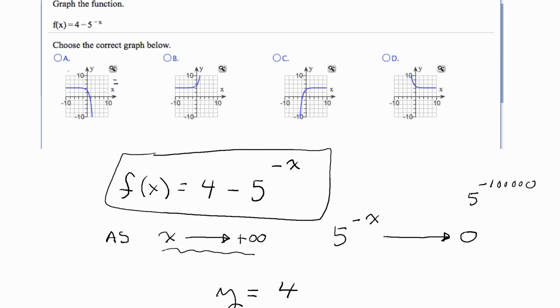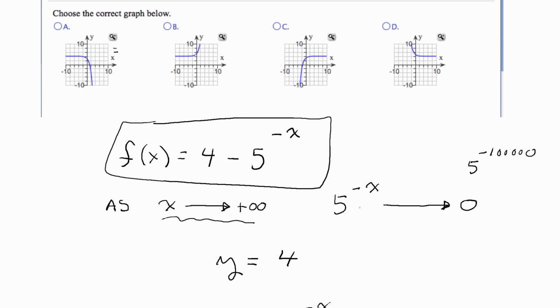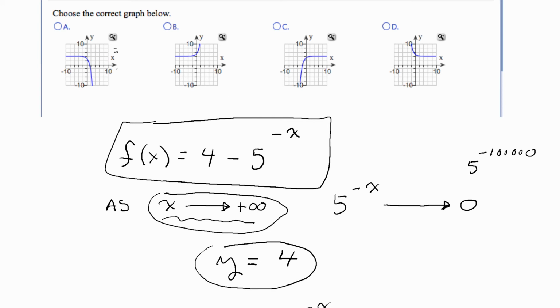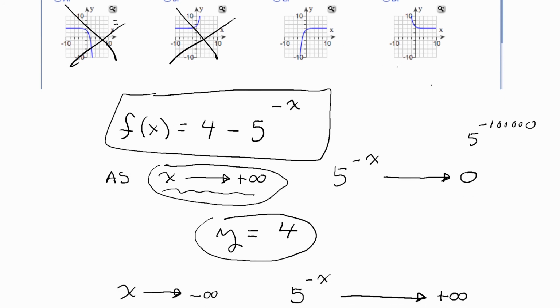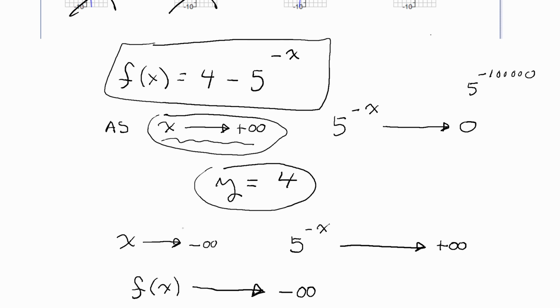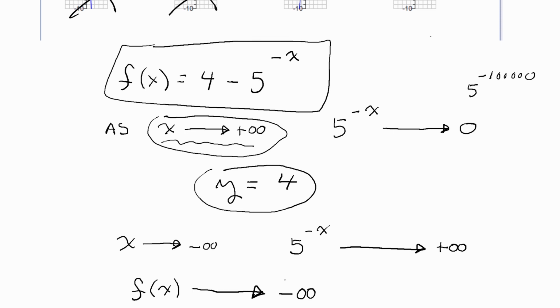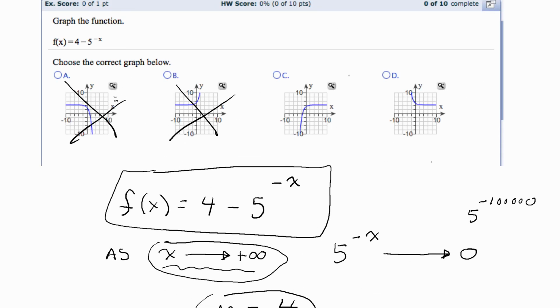Well, it's not this one, right? Because here, let's do this by process of elimination. You see, as x approaches positive infinity, we see that we get an asymptote at y equals 4. So you see that gets rid of this one and this one, right? And then, okay, so the only possibilities might be this and this. So here we see as x goes to negative infinity, f of x goes to negative infinity. So the correct response would be